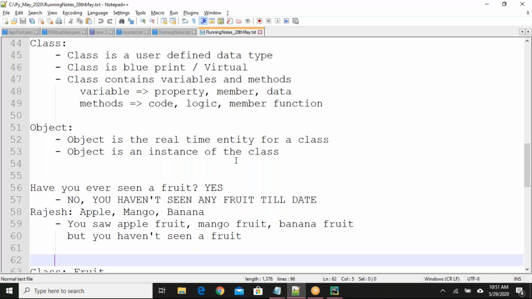Also, we have discussed some examples, like have you ever seen a fruit or a tree. I asked yesterday, so based on that we got some clarity on what is virtual and what is real. Fruit is virtual; apple, mango, banana are real. Tree is virtual; neem tree, mango tree, guava tree are real.